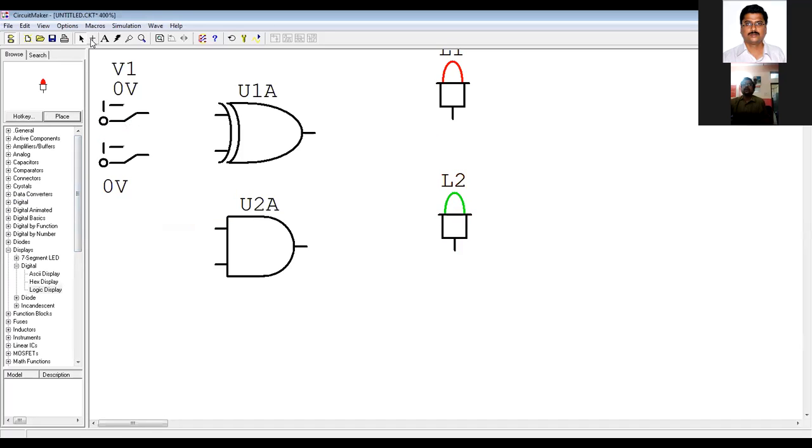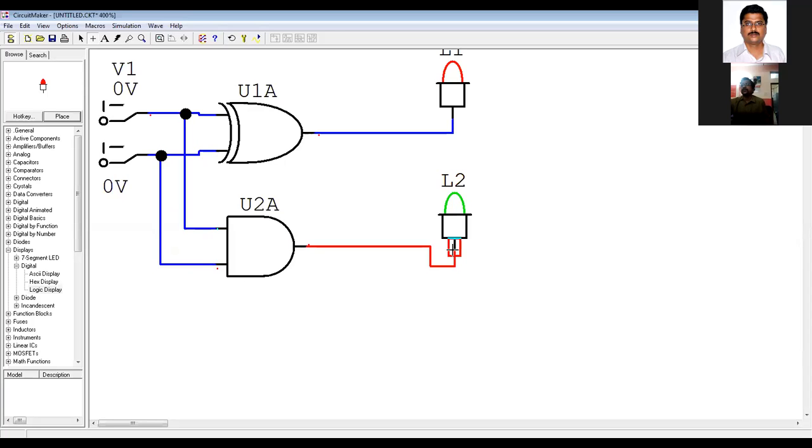So now I will connect the circuit. From the input I am connecting to the XOR gate, and from the XOR gate I am giving it to one of the logic displays. Then the same inputs must be given to the AND gate. Then I am connecting the output.